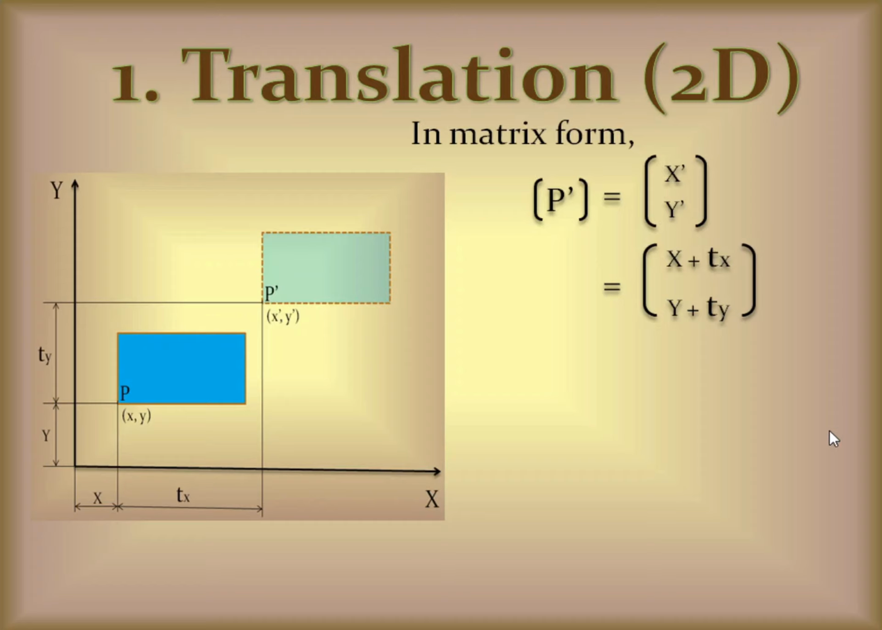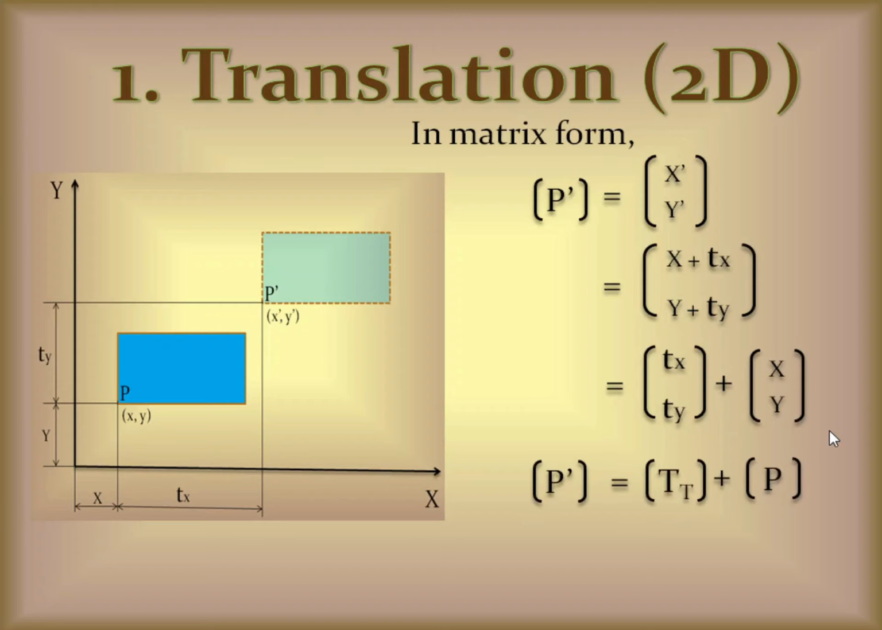Now on your right hand you have only one matrix. Divide the matrix into two matrices like this. The first matrix contains the transformation values Tx and Ty, and the second matrix contains original matrix values, that is x and y. Now what I told is repeated in this equation. That is, the previous equation is changed like this: matrix P dash equal to matrix TT plus matrix P,